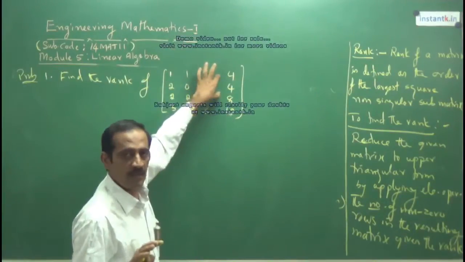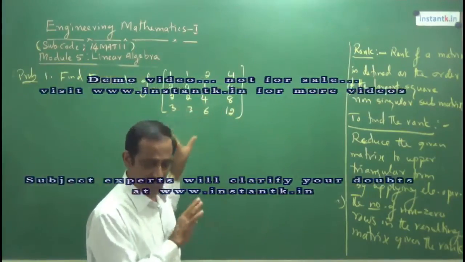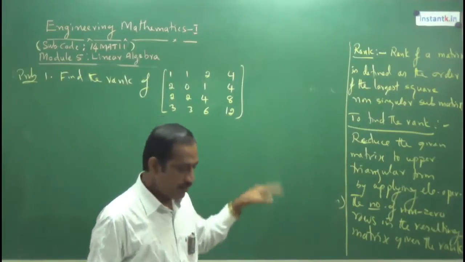First two are independent rows. So here the number of independent rows is 2. So the rank of this matrix is 2. In advance you can understand that. But if it is asked for 5 marks, not simply writing the answer as 2, we have to show the